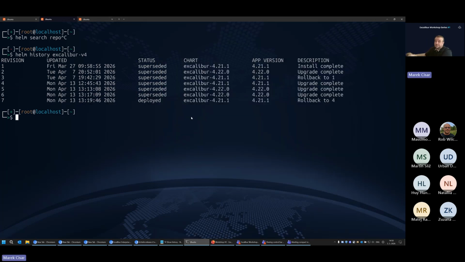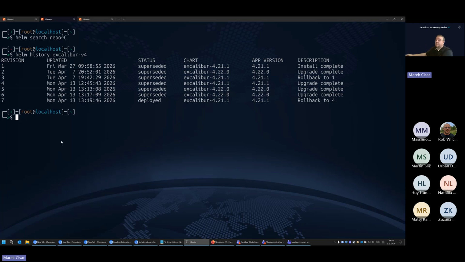So the principle is the same on Kubernetes and on OpenShift clusters as well. In cloud-based Kubernetes, so for example, Kubernetes as a service, the principle is absolutely the same.